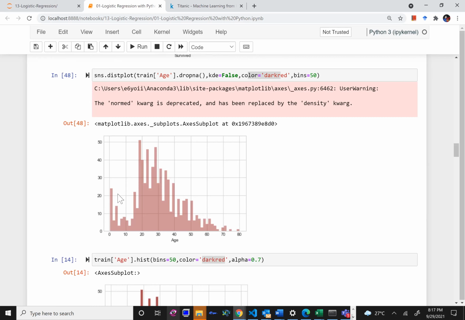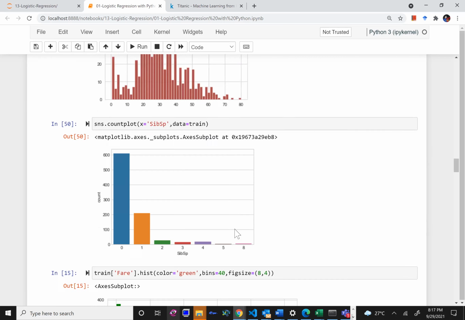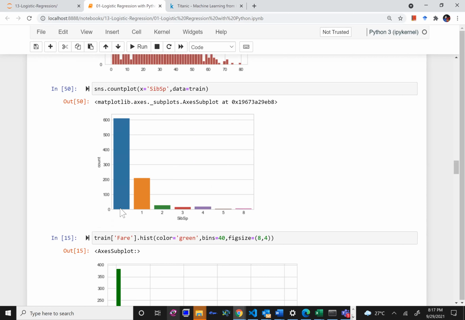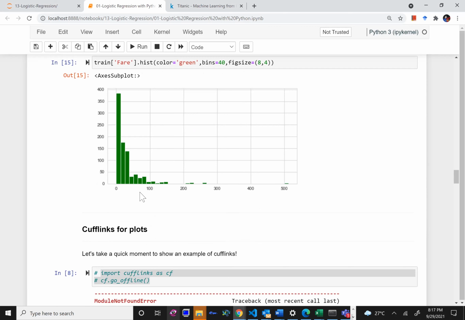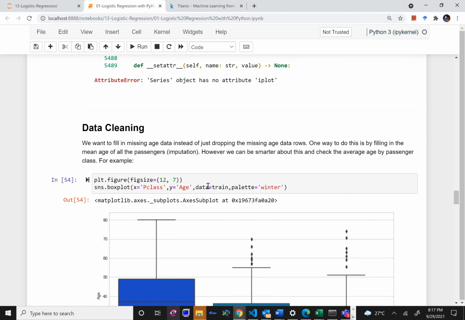Then we saw the distribution of ages of all the passengers, and the distribution of siblings and spouses. A lot of people were traveling alone, the second most were traveling as a couple, and many others were traveling in a family or group. Then we looked at the distribution of fare, the ticket prices for the Titanic.